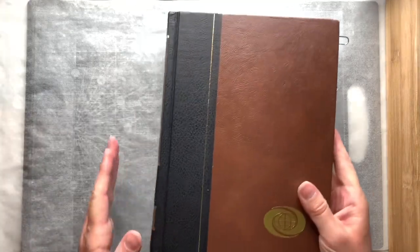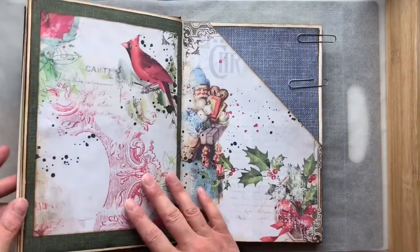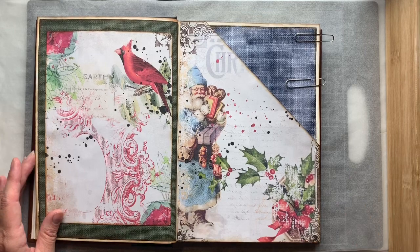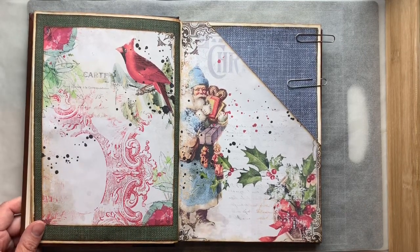I'm going to continue with our Christmas altered book, and I've just been going through some things to find a couple of ideas. I love this page, but I don't feel like it's finished, so I am going to...